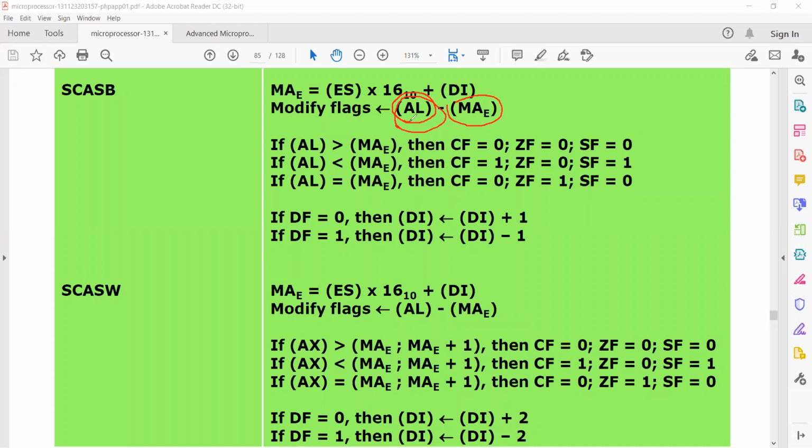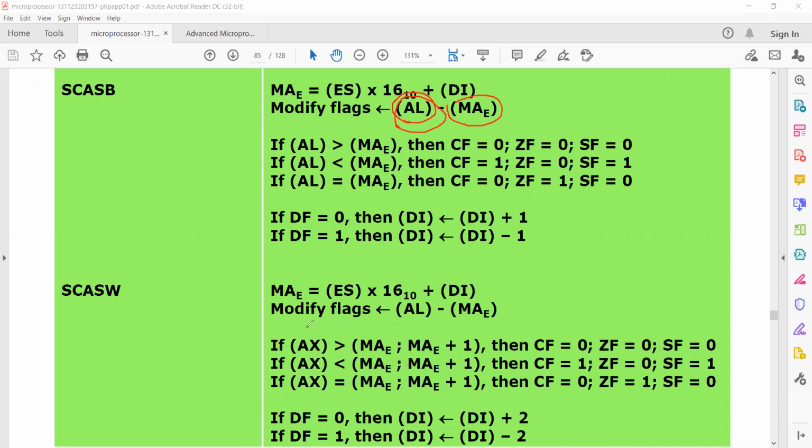A similar process as the comparison will be done here. Depending upon the carry flag, zero flag, and sign flag values, we differentiate which is greater and which is lesser. The remaining process is the same: the increment and decrement operation. For byte, we used the AL register.